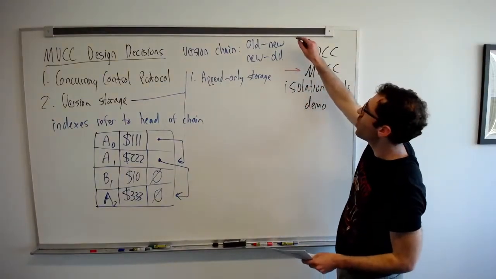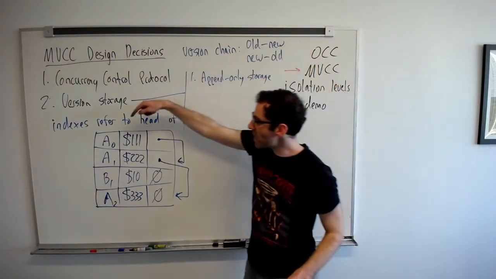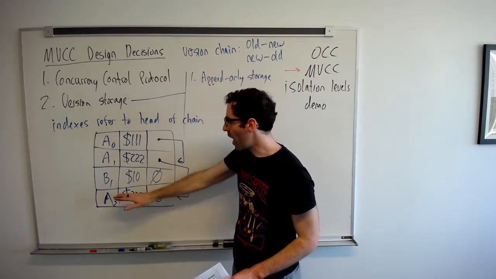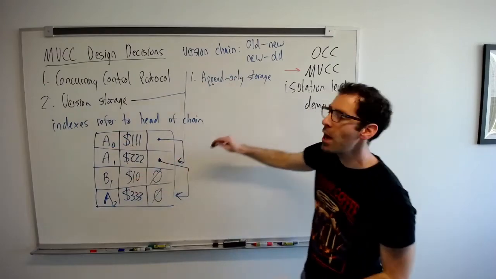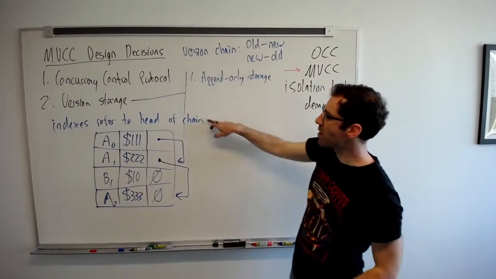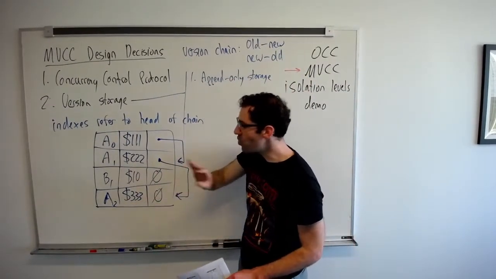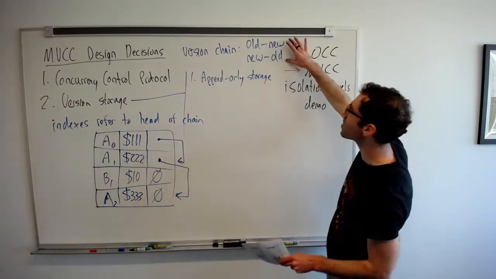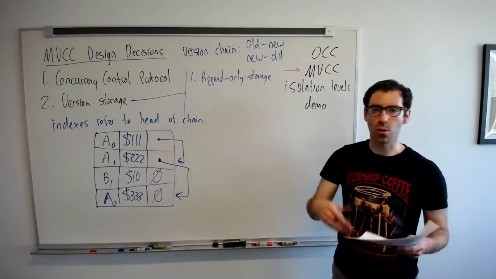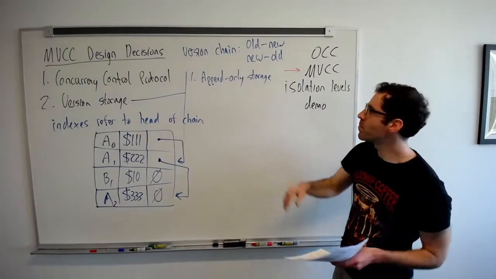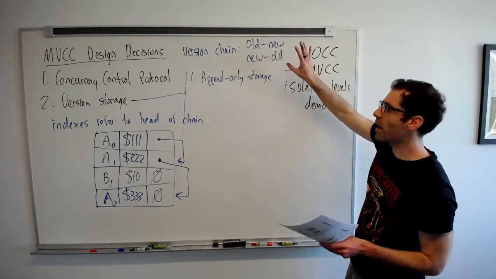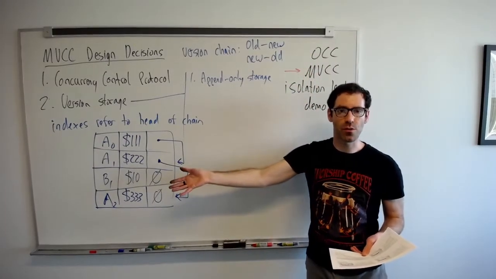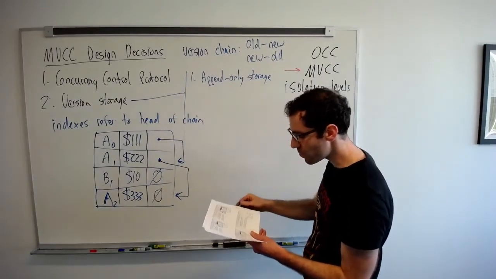This also means that if we were doing old to new, the index will always just be pointing to the oldest one, and when we add new ones, we don't have to change that. But if we have new to old, anytime we put a new one at the head of our chain, we have to update the index pointer as well. So there are basically trade-offs between these two orderings that might depend on how often your transactions in practice need to refer to old versions. All right, so that's